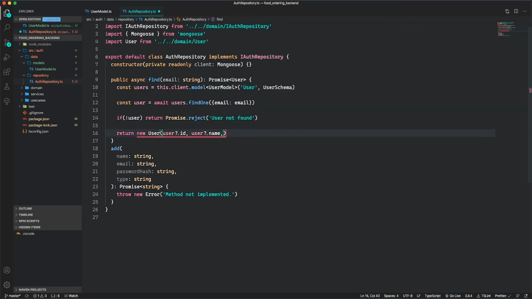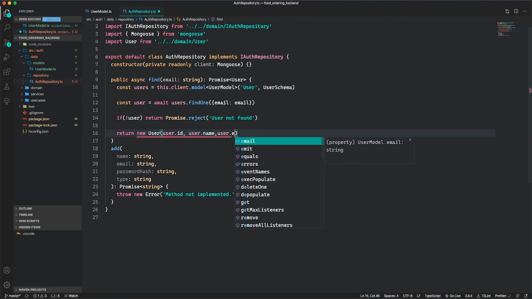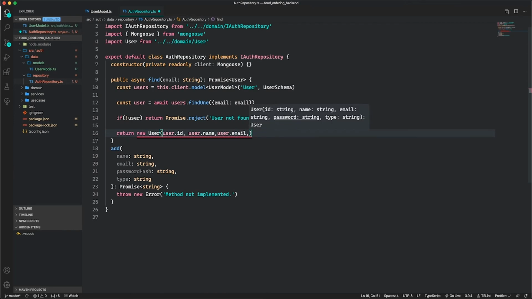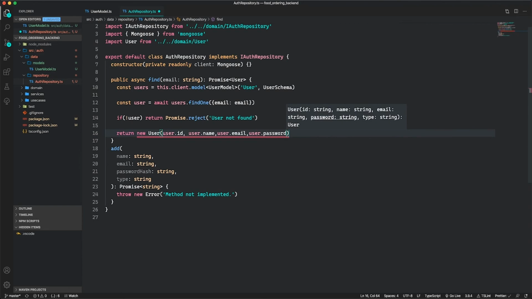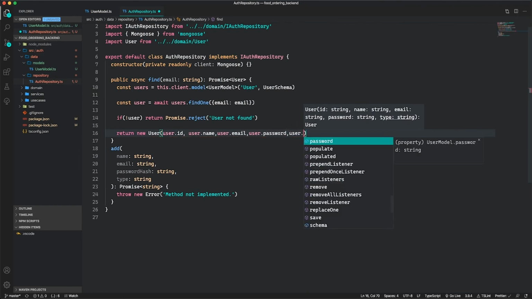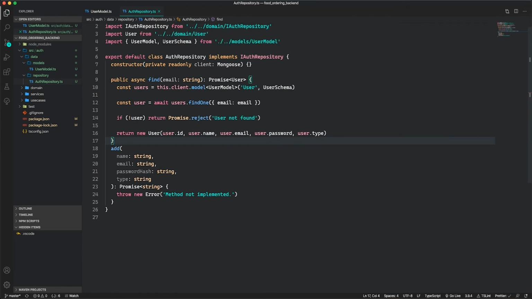So now I can get rid of the optional operator. So I have user name, email, and password and type. So that is our user that is returned